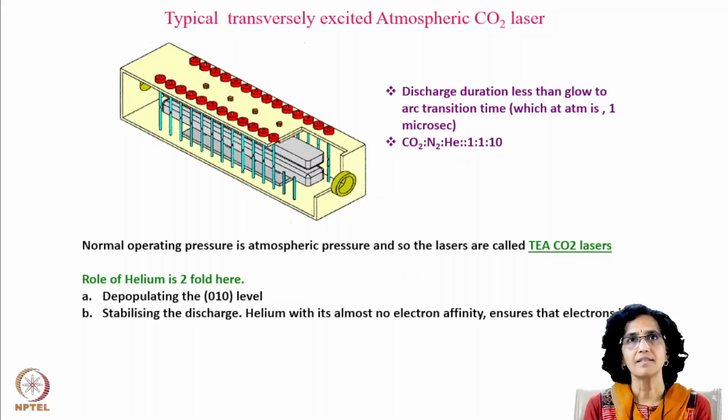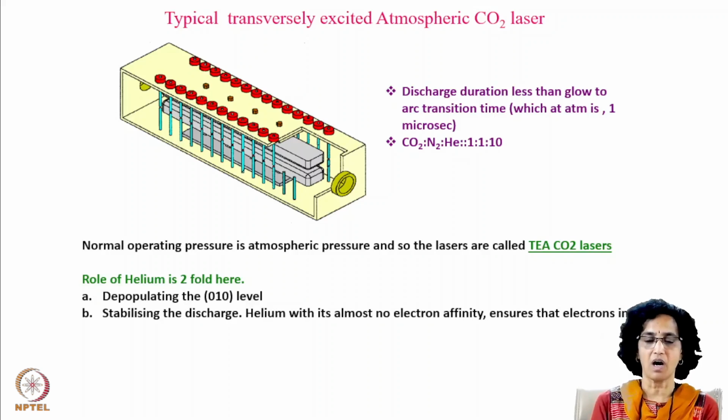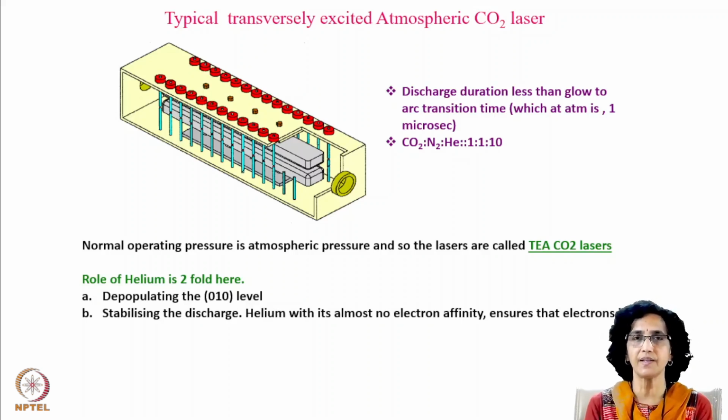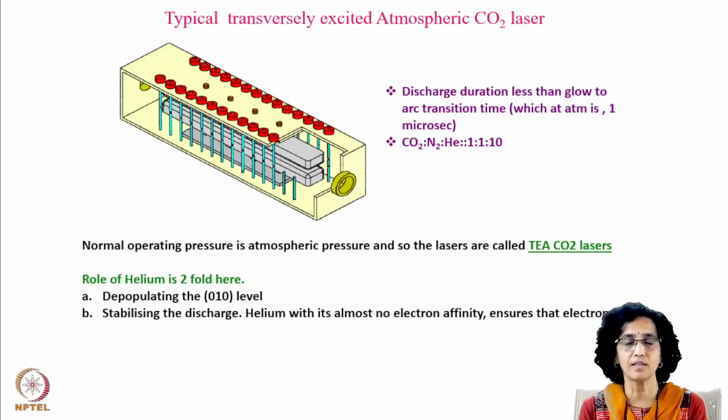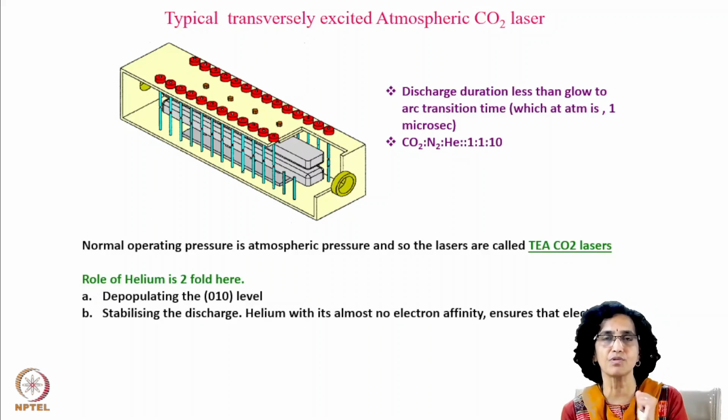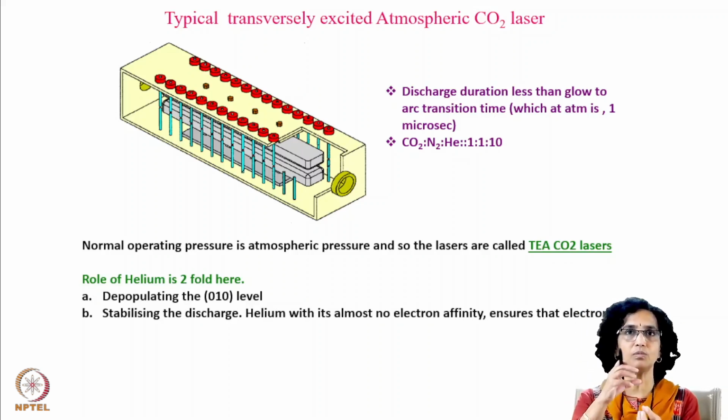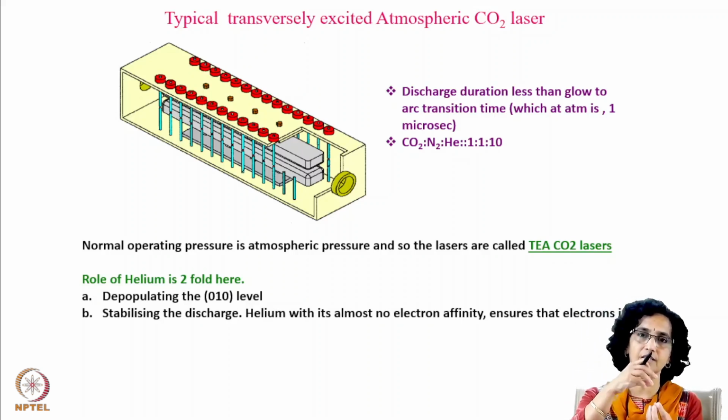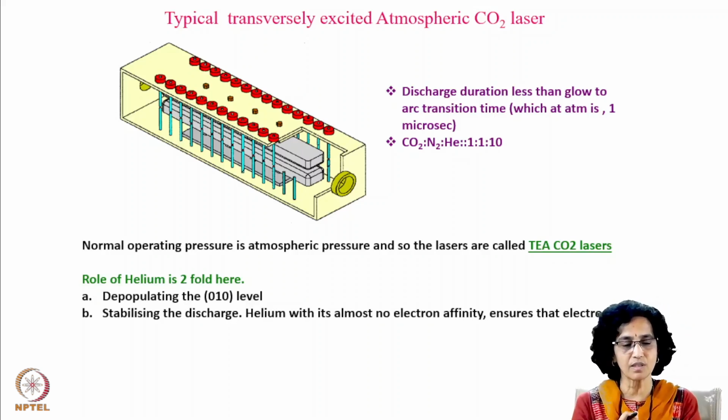In the last class, we studied about a TEA CO2 laser, that is transversely excited atmospheric CO2 laser. We saw how population inversion is created, and that a spark gap is used as a switch. Spark gap is nothing but two solid spheres which are separated by a gap. So we know that spark gap is used as a switch.